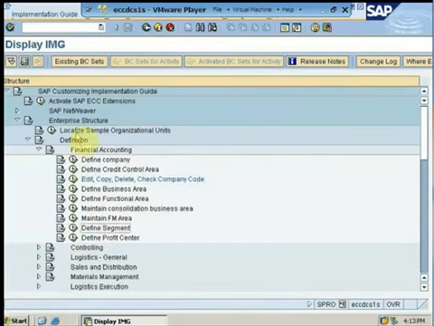We'll go to the reference IMG and we will go to financial accounting global settings, ledgers, fiscal year and posting periods, which is an example of a fiscal year variant, which is an example of a variant, or we can also go to fields and define a field status variant. There are various examples of a variant, namely field status variant, posting period variant, and chart of accounts variant.